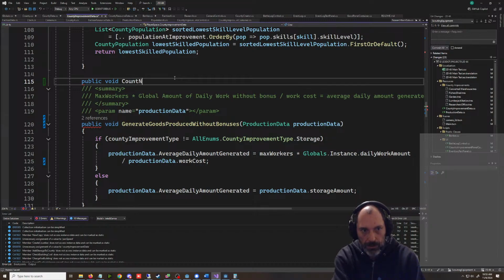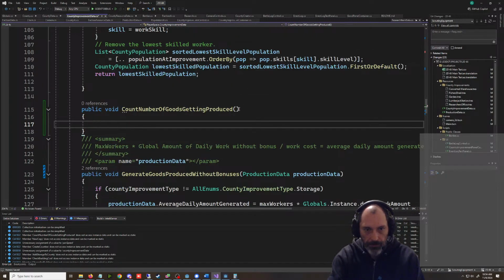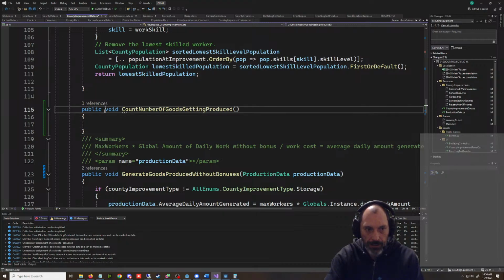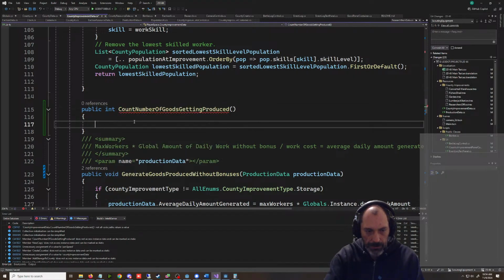Counts number of goods getting produced. You know, my love of variable names should be 6,000 things. We're going to return an int. And we're going to say int number of goods getting produced. And that's going to equal